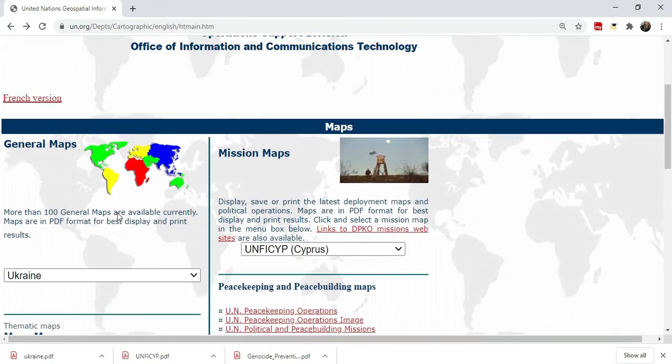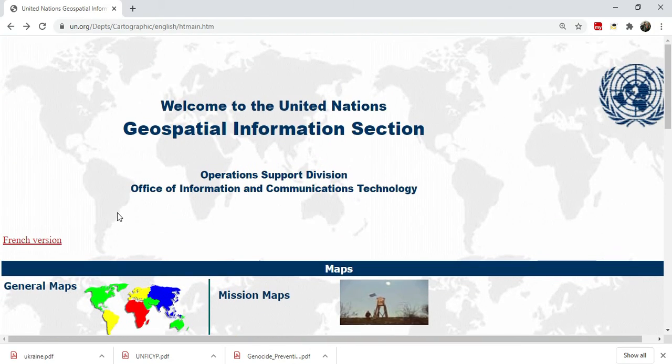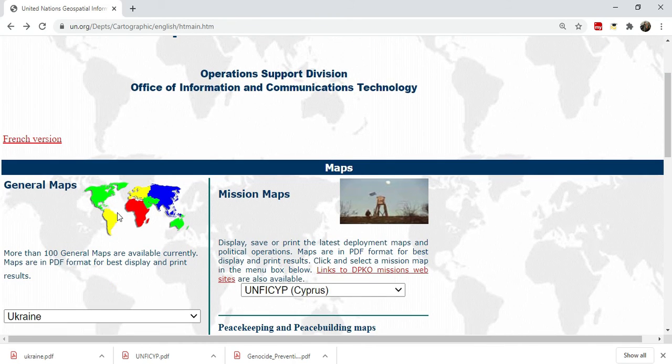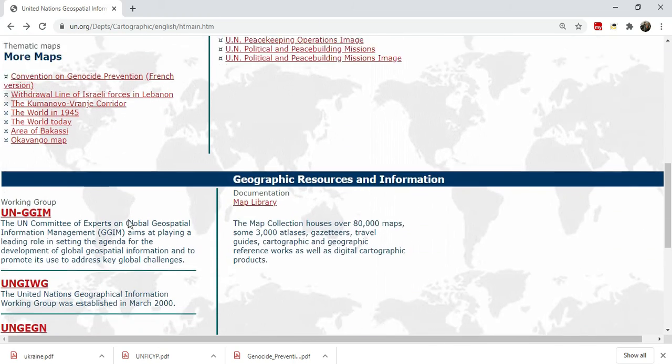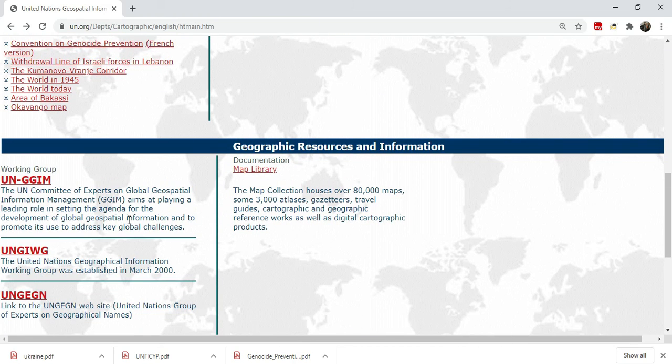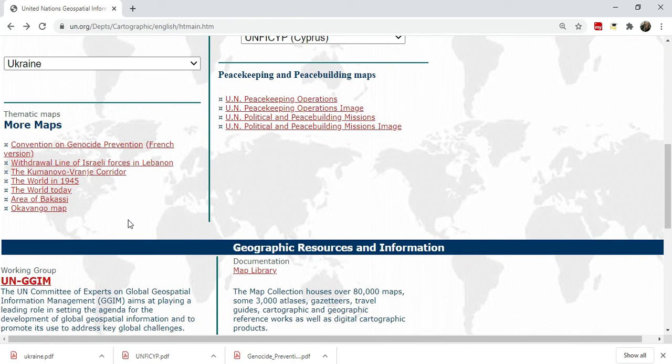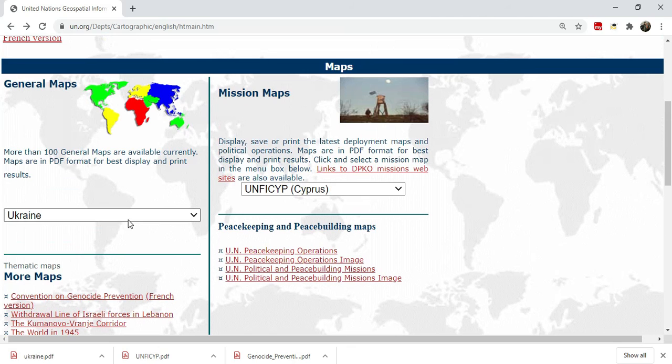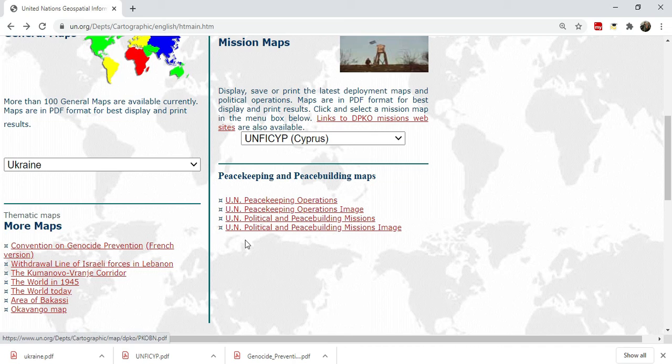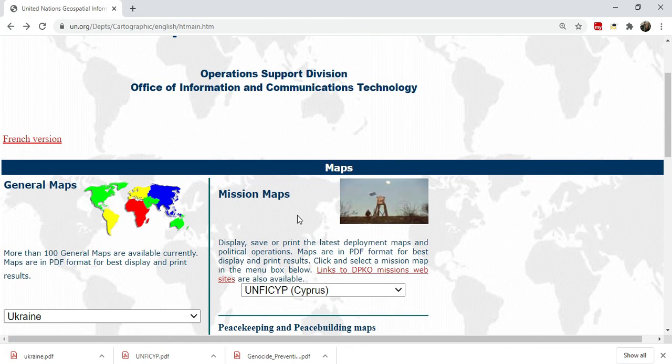Students who are studying geoinformatics, or MA or MSc geography, MSc geology, will find all these maps helpful. It is also helpful for scholars doing study related to international relations, human geography, or world geography. So these maps are very helpful, guys. That's why I shared this particular site with you, so you can get the maps very easily, and that also in HD quality.